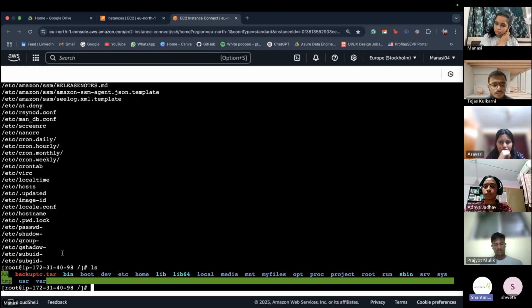Now let's check what are the different contents of this archive file. For that, we are going to use again the tar command. But now the options are going to be different. So we are going to use option -t, option v, and option f, which is compulsory.